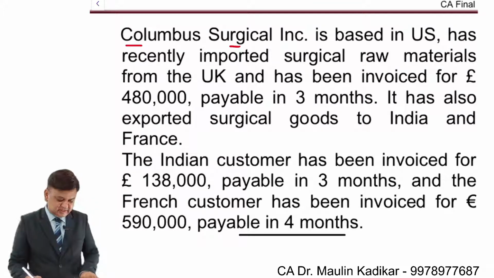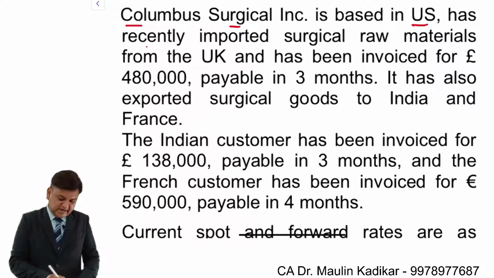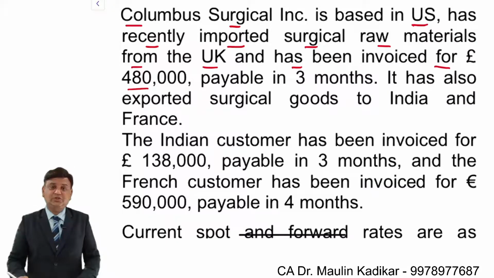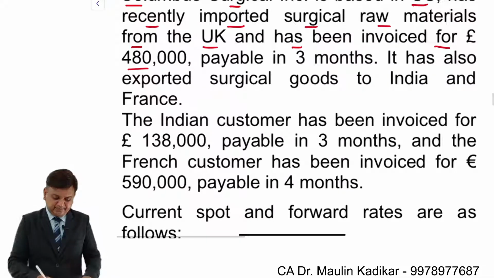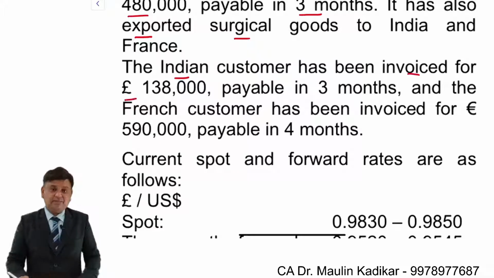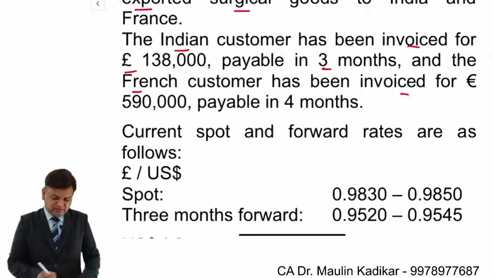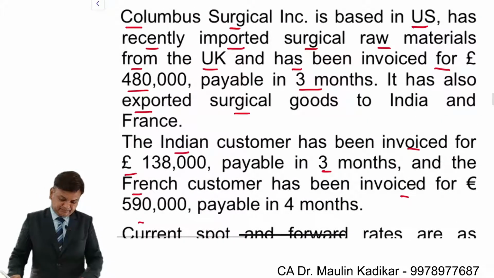Columbus Surgical Incorporation is based in the United States of America. It has recently imported surgical raw material from the United Kingdom and has been invoiced for 4,80,000 UK pounds, payable in 3 months. It has also exported surgical goods to India and France. The Indian customer has been invoiced for 1,38,000 pounds, payable in 3 months. And the French customer has been invoiced for 5,90,000 euro,